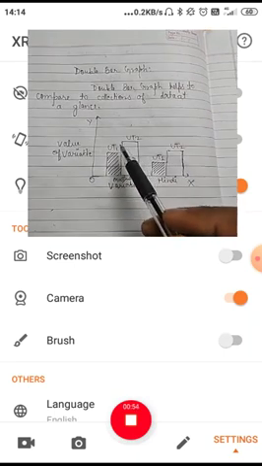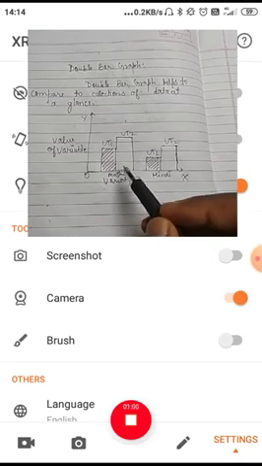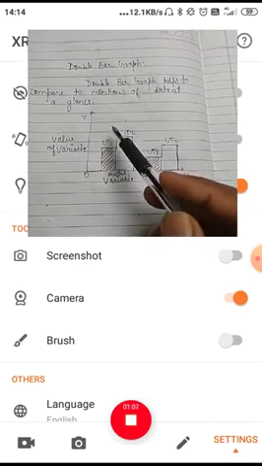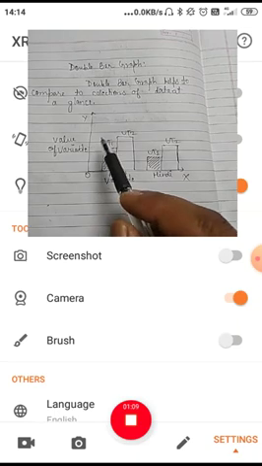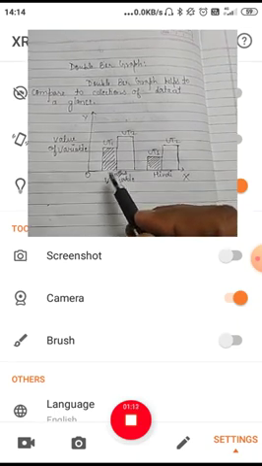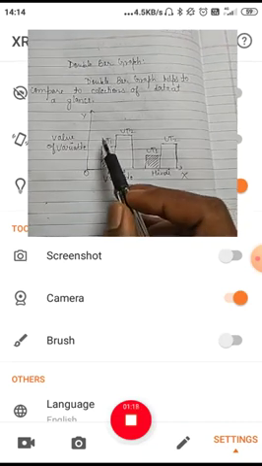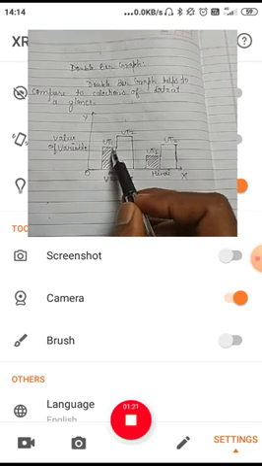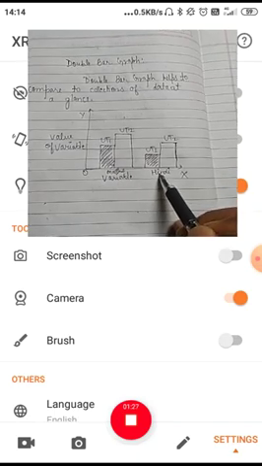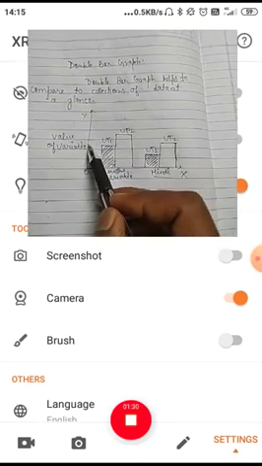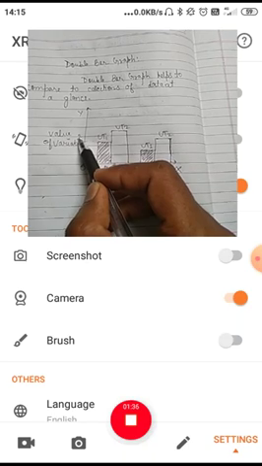I have drawn a sample double bar graph. In this double bar graph, I have compared two subjects in UT1 and UT2. The marks obtained by a student in UT1 are shown by this shaded bar. The subject is maths and another subject is Hindi. Suppose in UT1 the student has got 20 marks